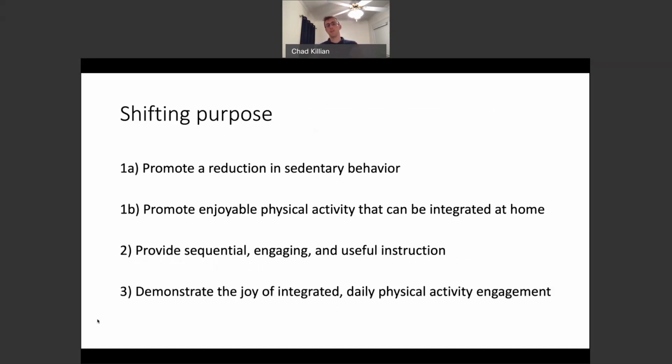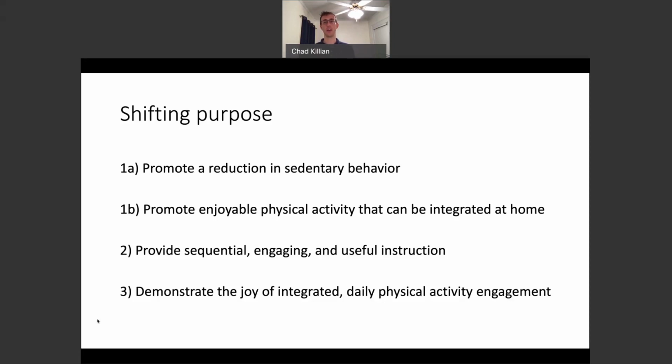As you're developing, be mindful of the shifting purpose. Students in school context have a lot of built-in physical activity: to get up and down in class, to work on the smart board, the whiteboard, chalkboard, to sharpen a pencil, to go to the restroom, to switch between classes, to go to recess, to go to lunchroom, to go to the bus, to the parking lot. That's built-in physical activity. They might walk to school, skateboard, or ride their bikes to school.